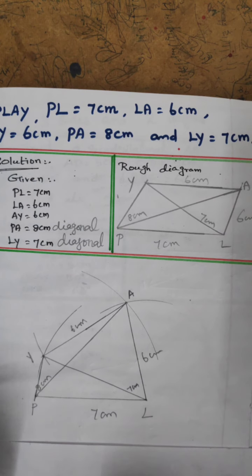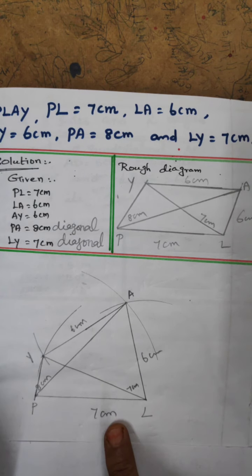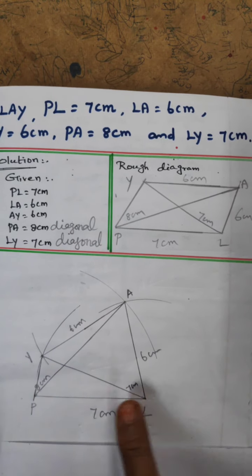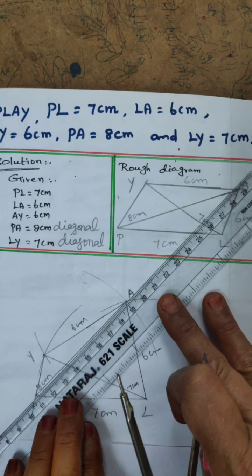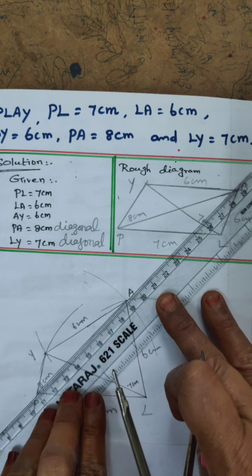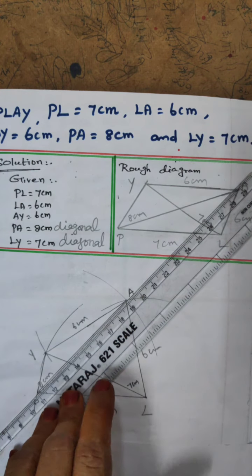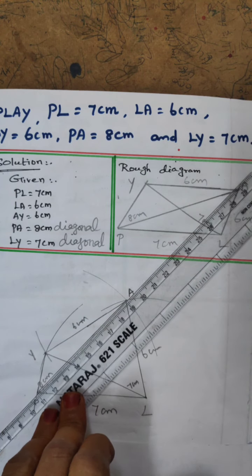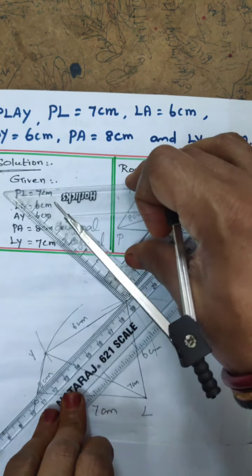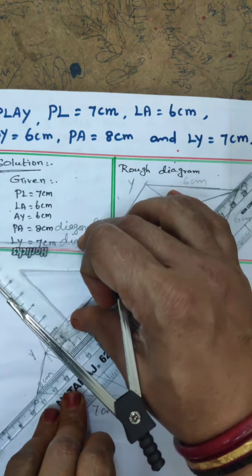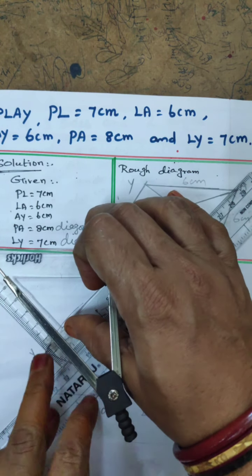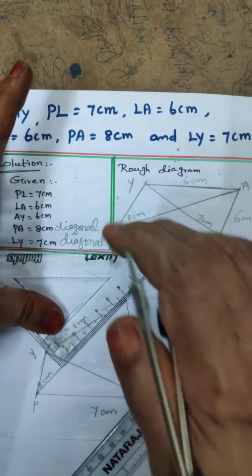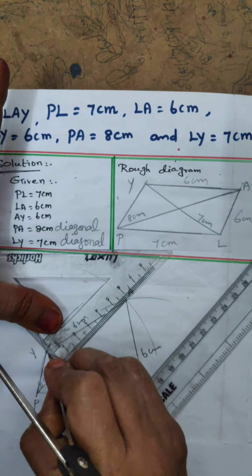Next, what do they want to do? Find the height. So which length are we using there? This length, the PA length you select. A, 8 centimeter, this is the diagonal. PA length you keep in the scale and use the set square and find the height. See there correctly, carefully listen. You come to the Y point, take the scale and put in the dotted line.